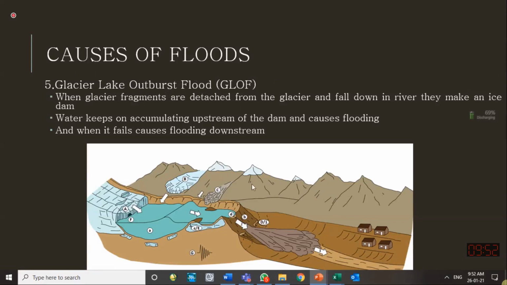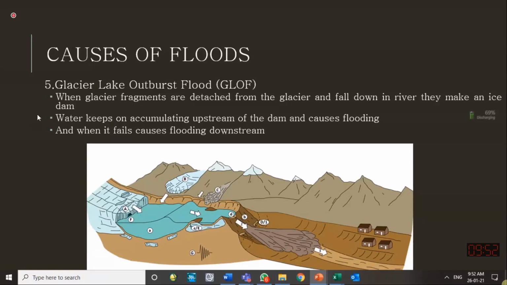downstream. So a glacier lake can be made in two ways. One is that some of the broken parts of the main glacier, in a confluence in a constricted area, stop over here and make a reservoir on the upstream side. When this part of the glacier melts, a flood will be generated downstream.